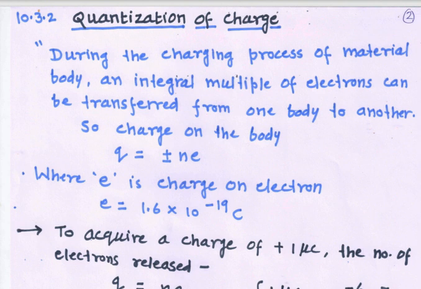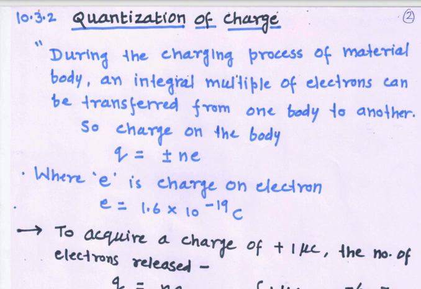On the other hand, if we want an uncharged body to become negatively charged, what do we have to do? We have to add electrons. Suppose 5,000 electrons are added. Then there is an excess of electrons, so the body is said to be negatively charged. What will be its charge? It is a multiple of the electronic charge. If 5,000 electrons are added, it will be 5,000 times the electronic charge. If 5,095 electrons are added, then the charge will be 5,095 times the electronic charge.